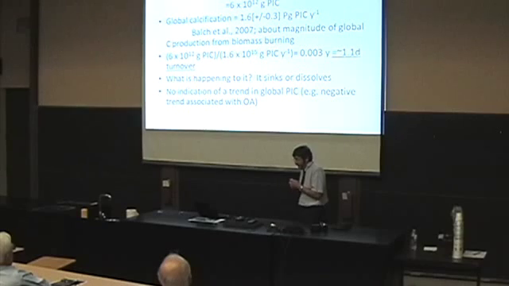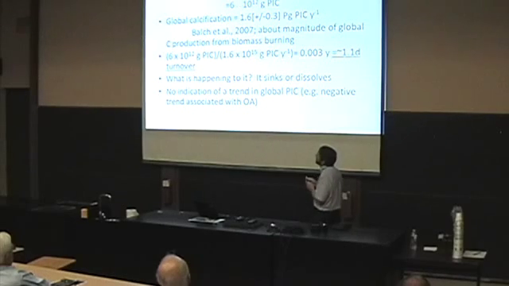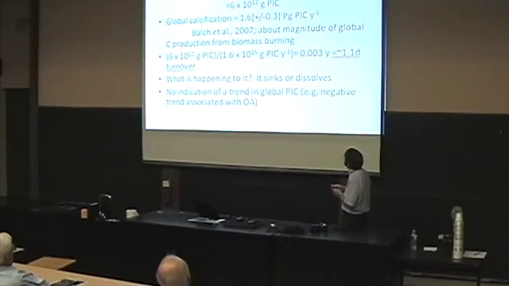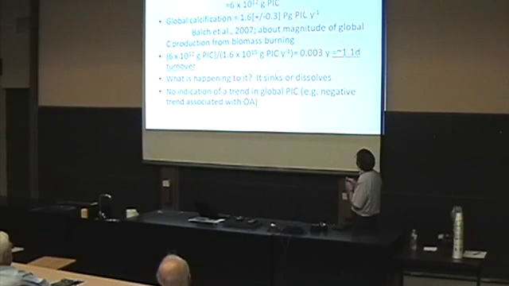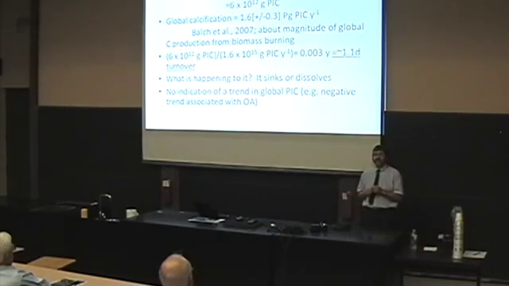So, finally, what we've learned about PIC turnover in the sea from Howard's list. The average global PIC is about this much, 6 times 10 to the 12 grams of PIC. The global calcification rate is almost 2 petagrams per year. That's 10 to the 15 grams of PIC per year that's being produced. If you divide one by the other, the turnover of this stuff happens in a day.